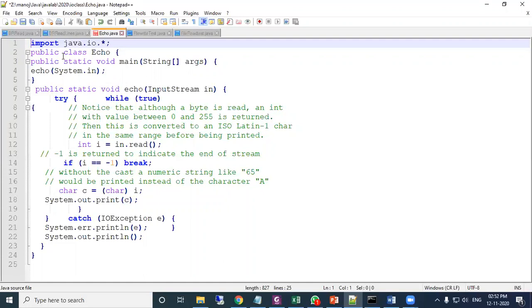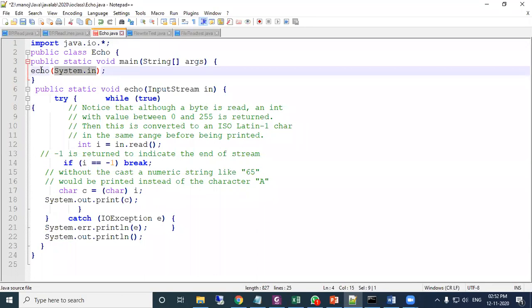Echo is the class name. My class I have given as Echo, and inside that the main method is there. And here echo(System.in). System.in you already know, that is System.in for the input stream. So the input stream is passed to the echo method.